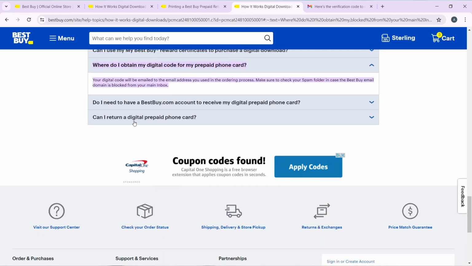Okay, where do I obtain my digital code for my prepaid phone card? Now, let's say after purchasing a prepaid phone card you want to get the digital code for your prepaid phone card, this is where you can find it. Now it says your digital code will be emailed to the email address you used in the ordering process. So after ordering your prepaid phone card, your digital code will be emailed to the email address you used in